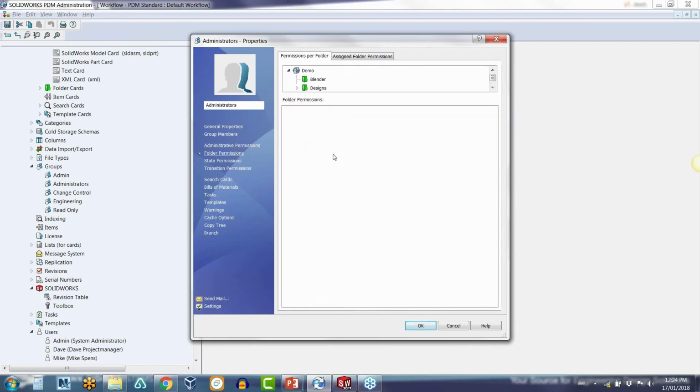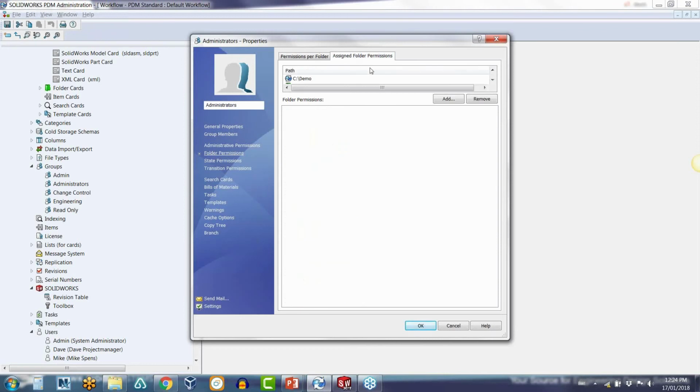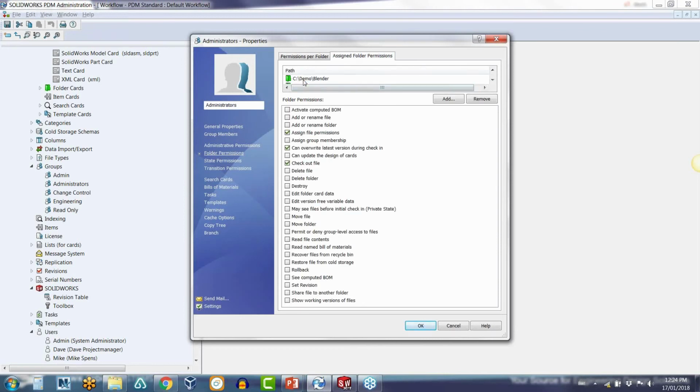Okay, folder permission, little tweak here. There are 2 tabs here, the permission per folder and the assign folder permission. On the permission per folder, it's pretty straightforward. You just need different folders and you can have different permissions checked. On the other tab, the assign folder permission, it basically shows you the folders where the